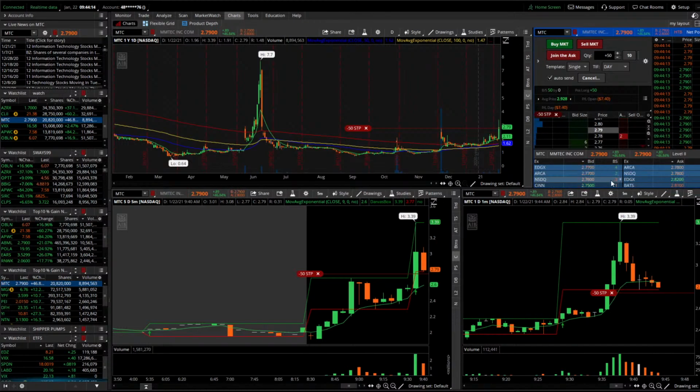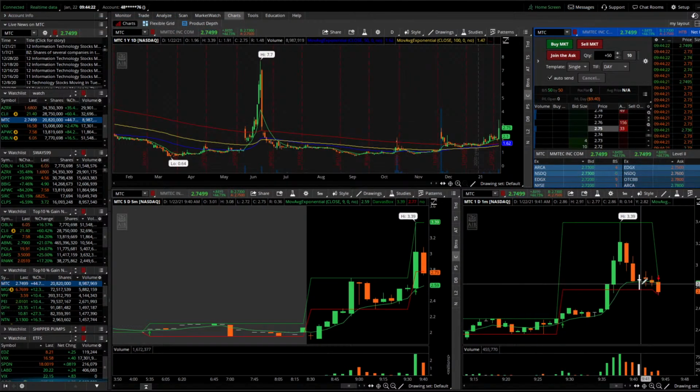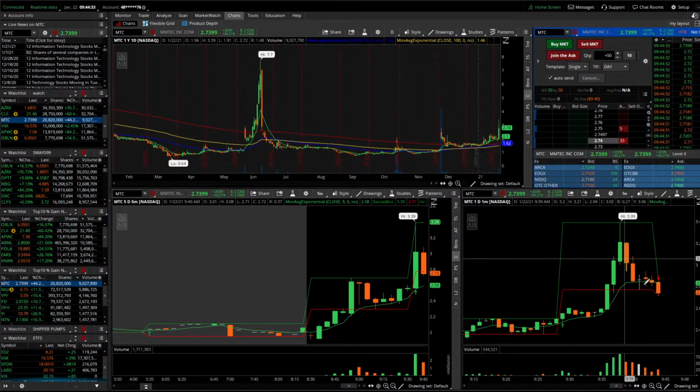Yeah, it's gonna crack right here. Yep. So I jumped the gun on that one. I knew I jumped the gun too because it did not start turning around. I was looking at that doji thinking it was going to get another little trend reversal, but